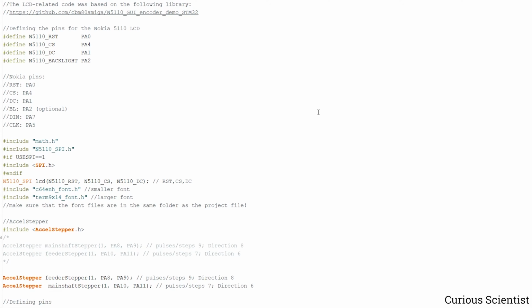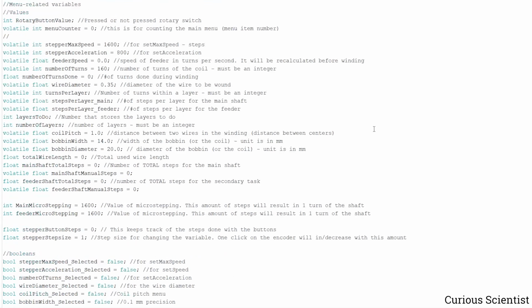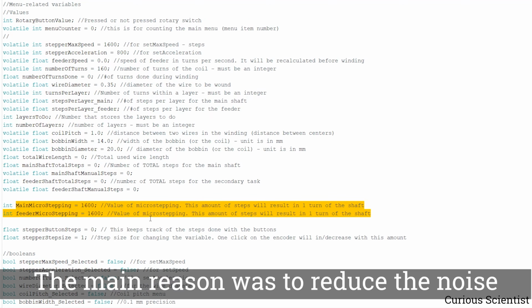So let's look at the code, and I want to clarify that I will not go through the code line by line, because I did that in previous videos. So check those videos and then you can see the changes and what I changed. But obviously I will upload this updated code to my website, and then you can use the code as you want. So one of the things that I changed is the microstepping. So we have the main shaft and then the feeder shaft. So both of them use